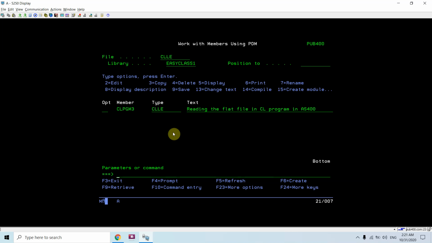So we only have to use that flat file name, that is the field name. The field name, the record format name and the flat file name would be the same. So in that case we only have to use the field length which is provided during the creation of that flat file, that is the record length, and of type character. So that's all in this video.